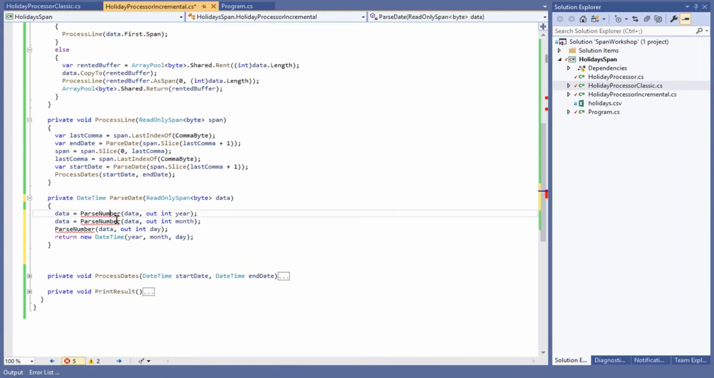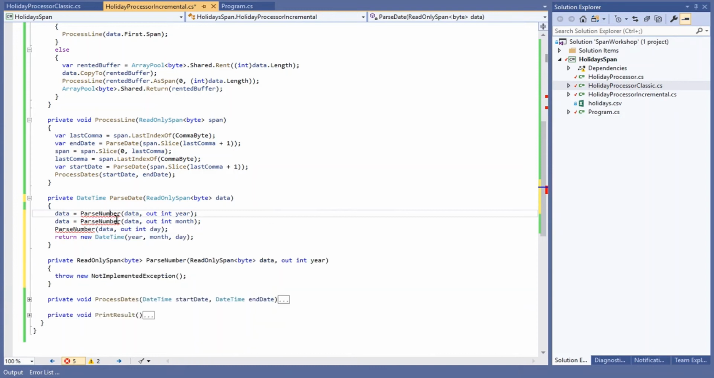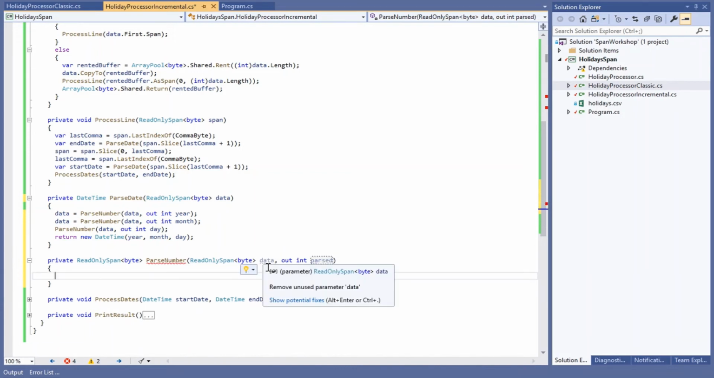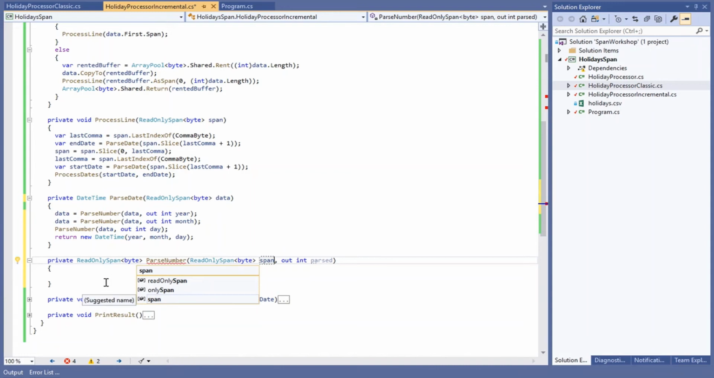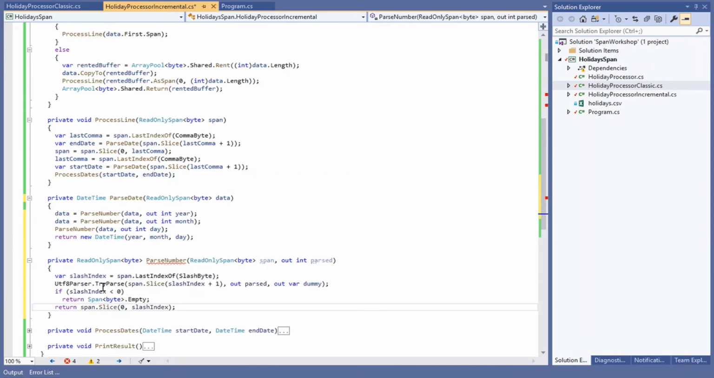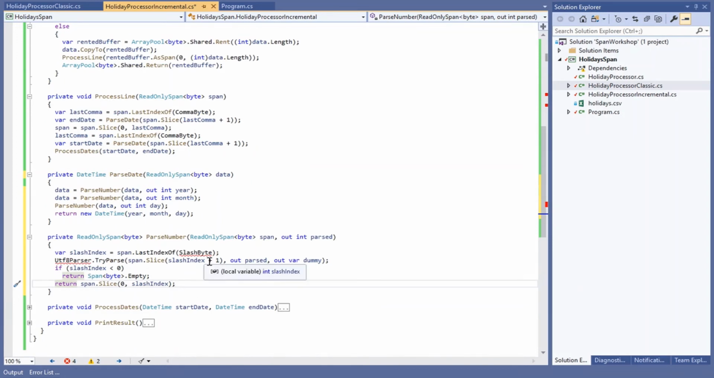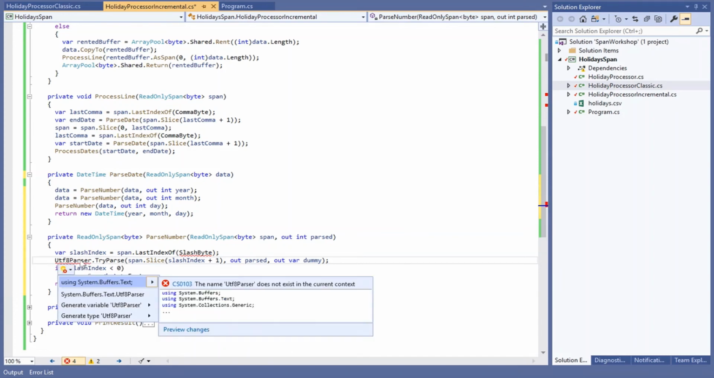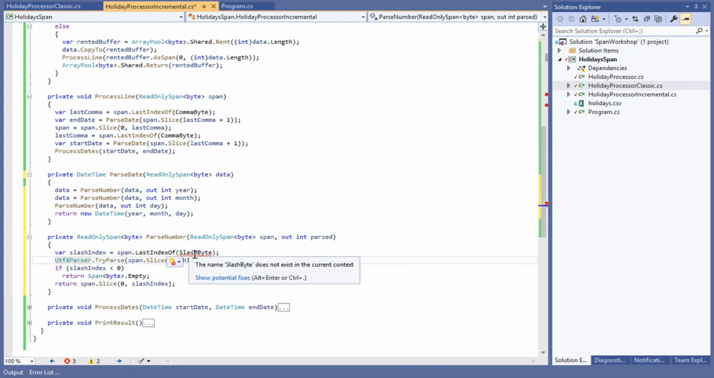Let's now implement the parse number, and I will copy paste this implementation. The implementation itself will be really similar to the process line method. It will find the last position of the slash, and from that last position of the slash to the end of the data, I will use UTF-8 parser.tryparse to parse an integer number and return the rest of the unparsed